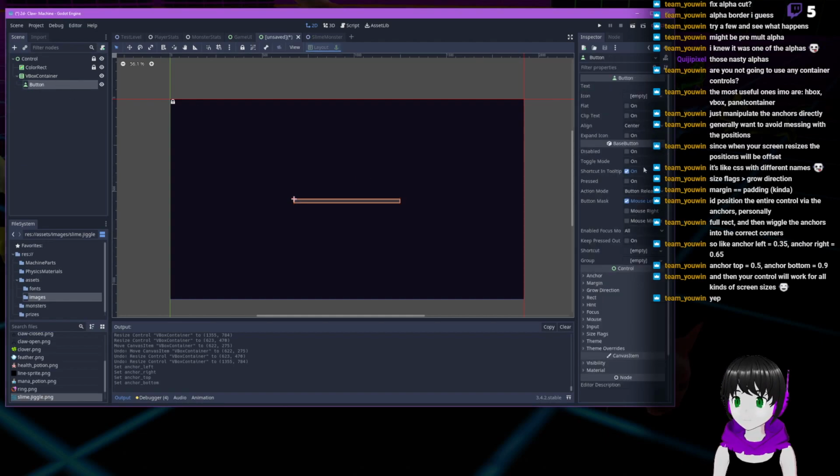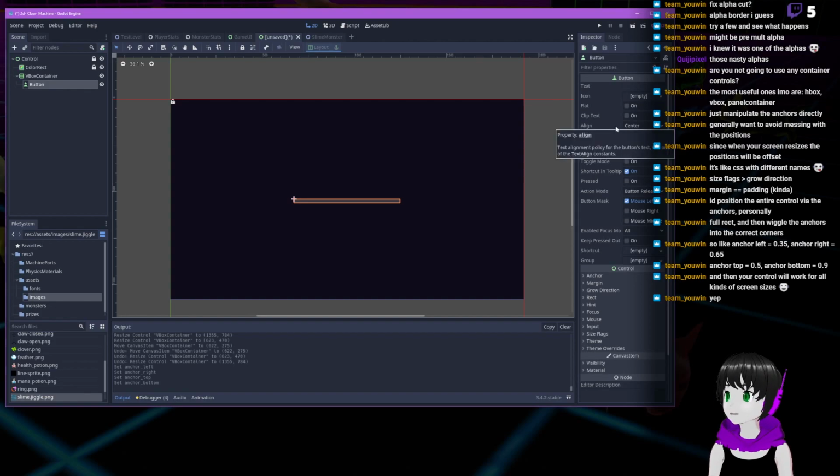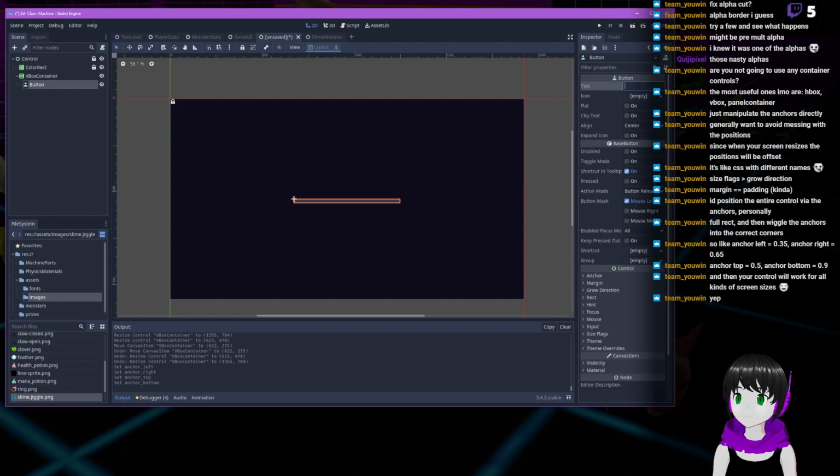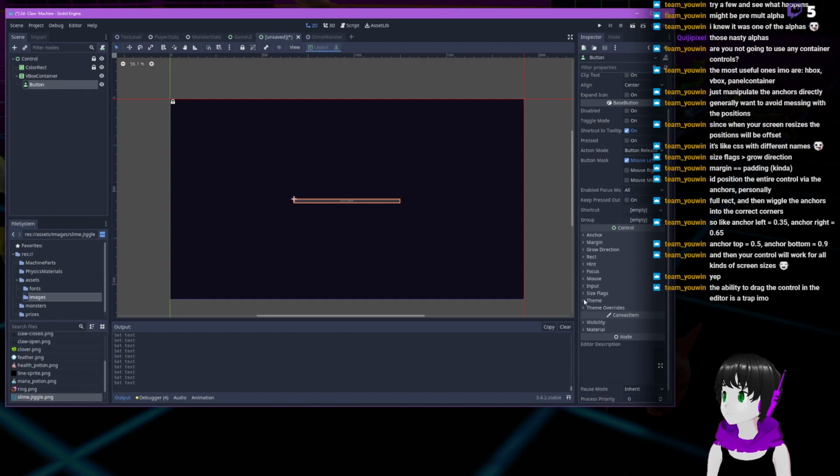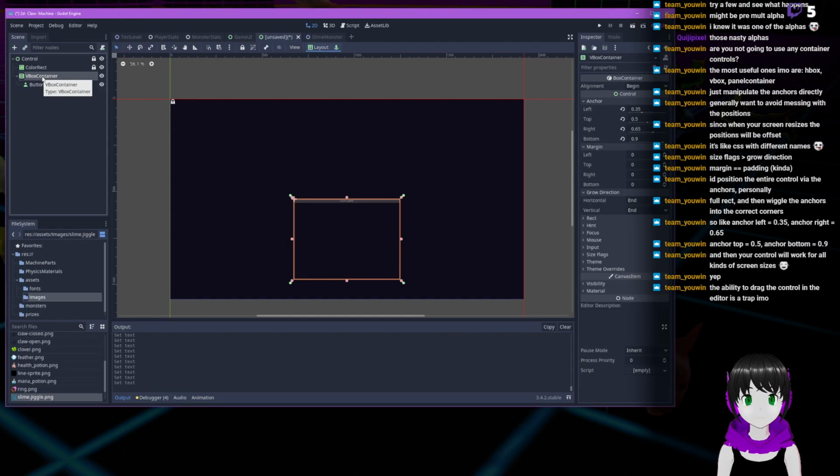All right. So now what we want is text for this button, start game. We want ability to drag the control on the editor is a trap. Probably. Yeah, you'd almost think it should default to that way, but